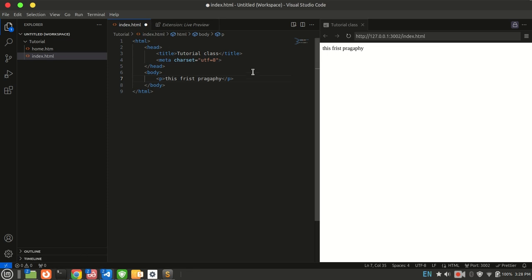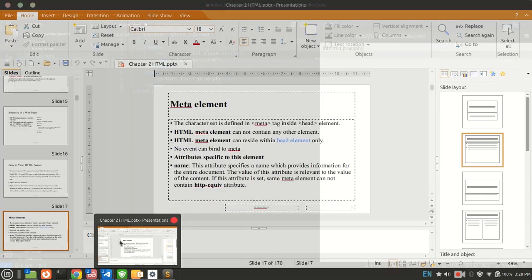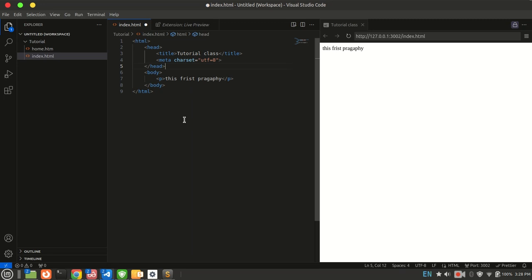It will open in the default browser, the same thing that we have seen in Visual Studio Code. This is the latest version of Visual Code, with Live Server. So that's the beginning, and we will see in the next chapter,